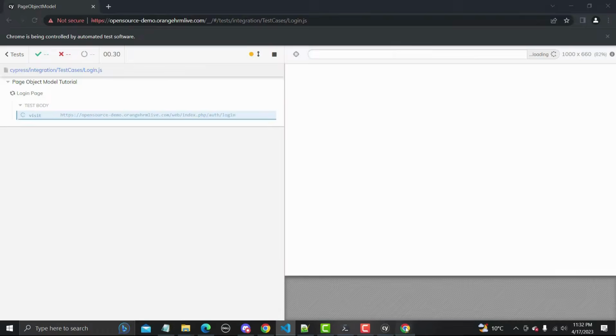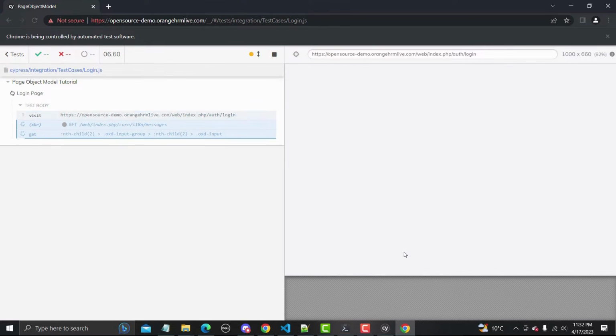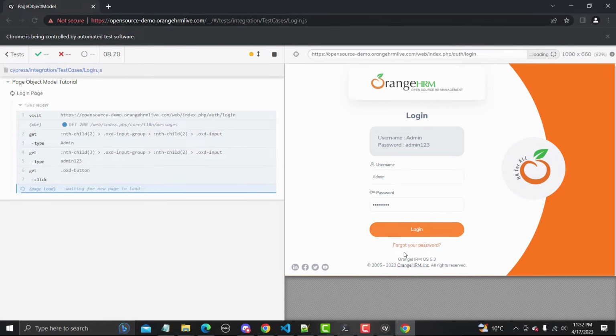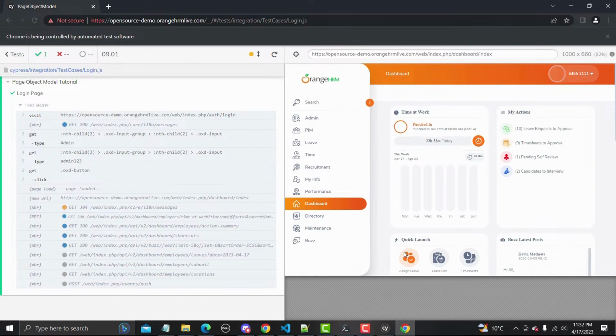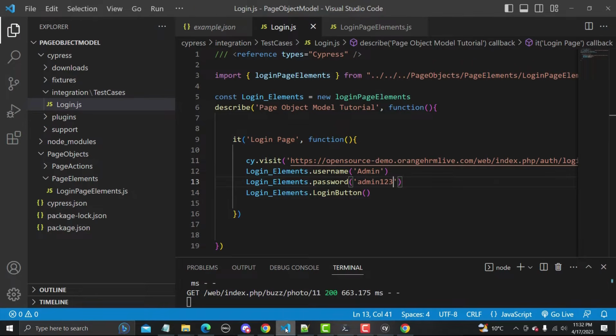Let me save this one, and let's execute this one again and see now what happens. This time it should work perfectly fine, and it should log in to the application, and yes, it's working absolutely fine now. So let's go back to the Studio Code here, and so far we are done with our separations in terms of separating the test case and the elements with the actions.